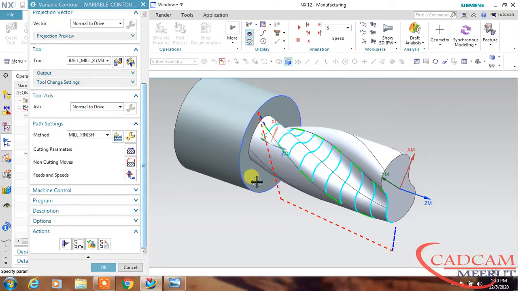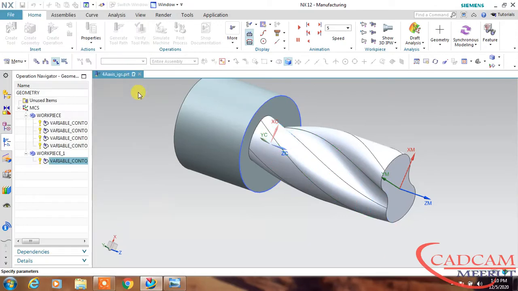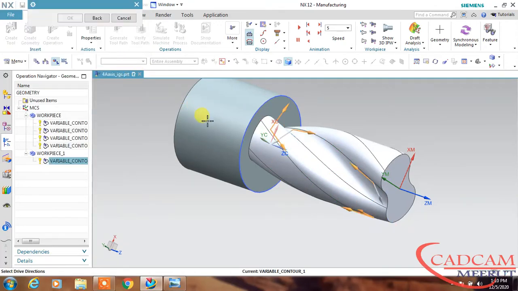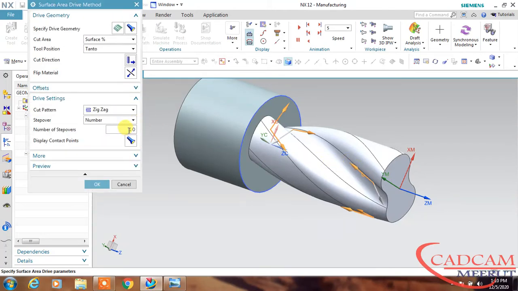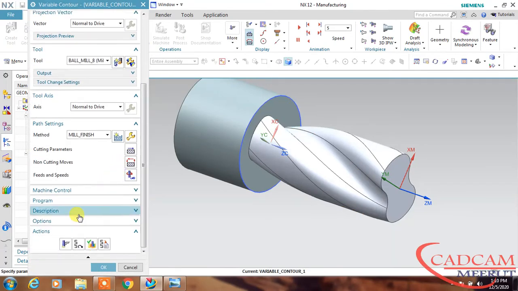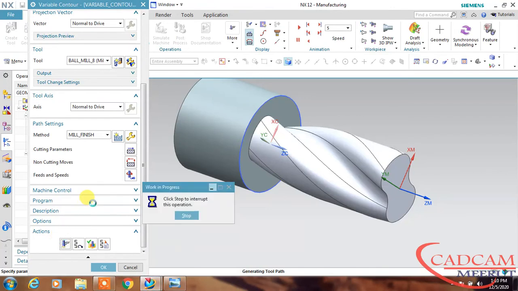So my toolpath is like this, it is coming here, and now I want to change some settings. Here, cut direction, click, and my cut direction is this, and number of step over is 15, and click OK. Now we will generate it again, then we will see the result.